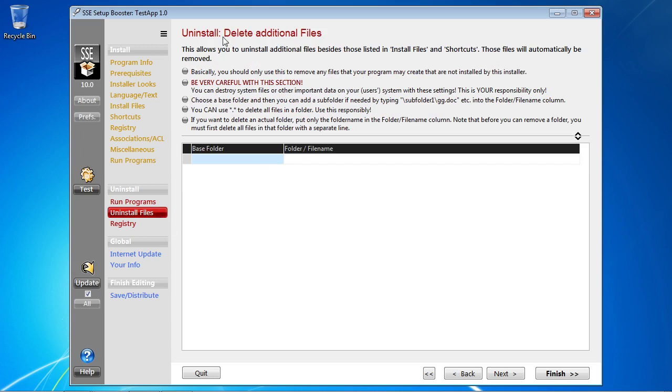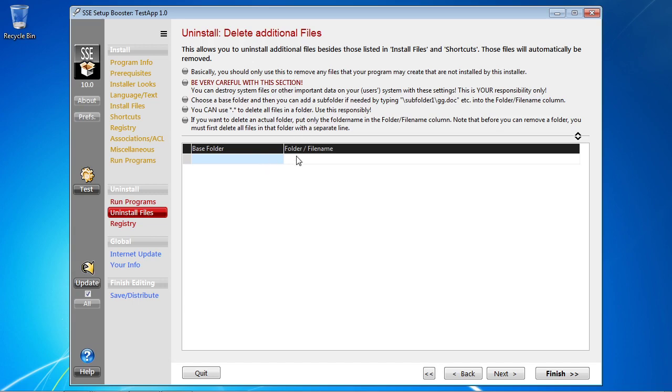And then this page here is the uninstall files page. This is an important page actually. It automatically will uninstall files that are installed, but this page is for other files that your program might create that setup doesn't know about because it didn't install those files. So if your program creates other files, this is where, if you know what those files are, you'd want to specify those so that the uninstaller knows about them, so that it can automatically remove them during uninstall. If you don't do that, then what will happen is the